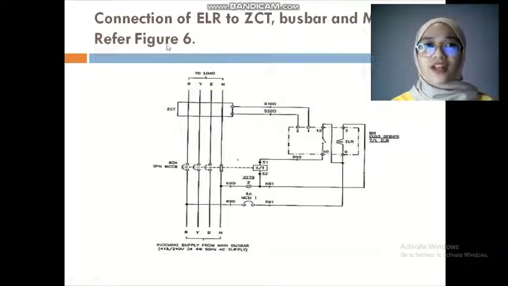Then, for the connection of ELR to ZCT, busbar and MCCB, we can say it is our ELR, our ZCT, our busbar and our MCCB. From the ELR, we need to connect to the ZCT. Pin number 1 and pin number 2 of the ELR will be connected with the ZCT, while pin number 7 of the ELR we will connect with the neutral phase,